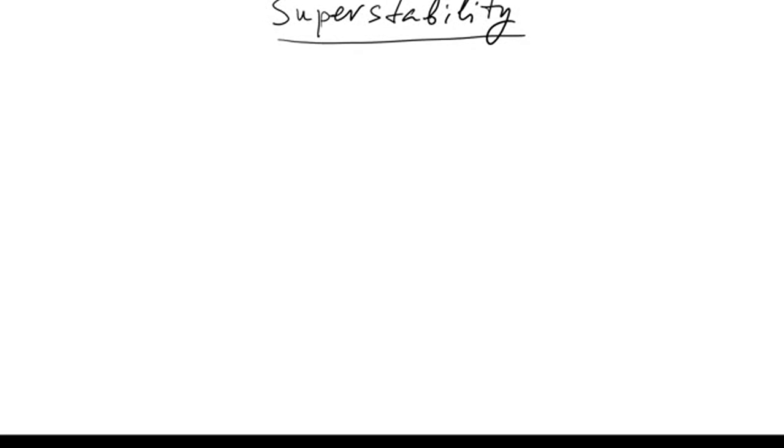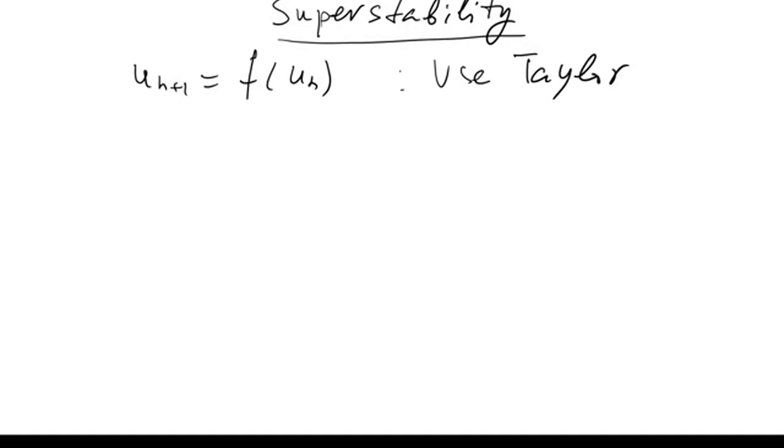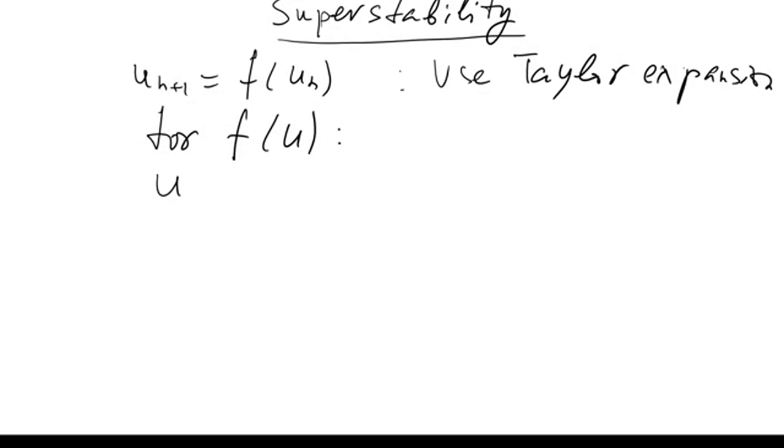In this lecture I will be talking about superstability. Consider the map u n plus 1 equals f of un. Let's take the Taylor expansion for function f of u. Then what we will have, un plus 1 equals f